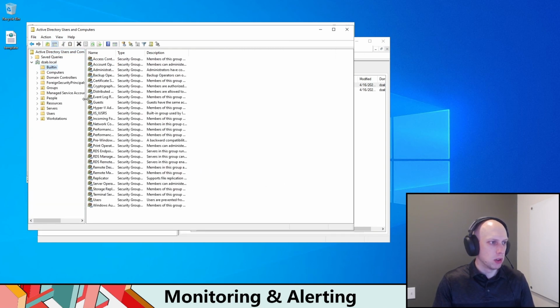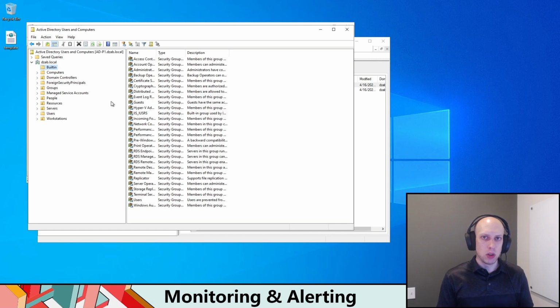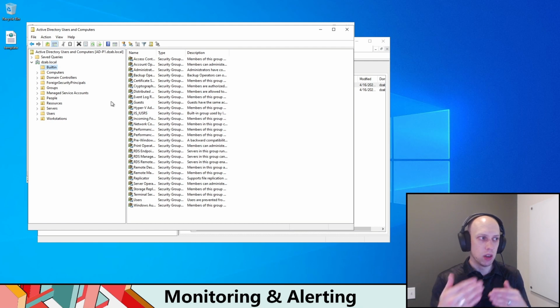So if I go to my built-in groups, if you recall back to the Active Directory videos we did, built-in groups are basically exactly the same as local groups on a Windows server. The difference is once a domain controller has been promoted, it no longer has local groups. Those local groups get converted to being built-in groups. And built-in groups are basically the local permissions to manage domain controllers, and they're shared across all domain controllers in